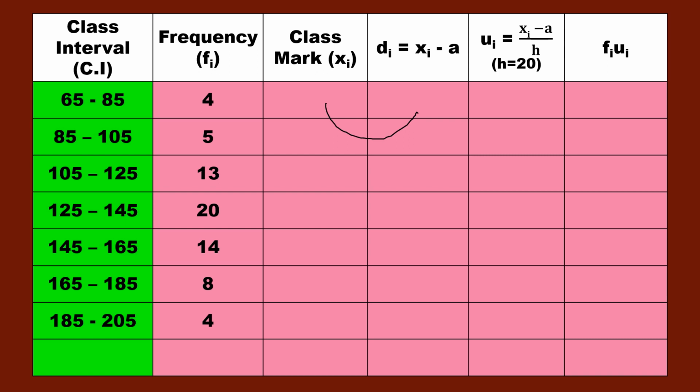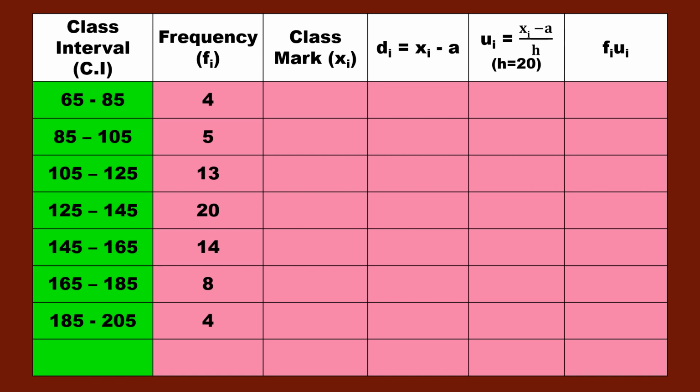Depending on this xi only, all these values will be there. Okay, so now xi means the first value. I'll tell you in an easy way, simple. For the first value you should use the class mark formula, which is lower limit plus upper limit by 2, which is nothing but the average of the class interval. Only for the first value we can use this formula. Other things I can tell you in an easy way.